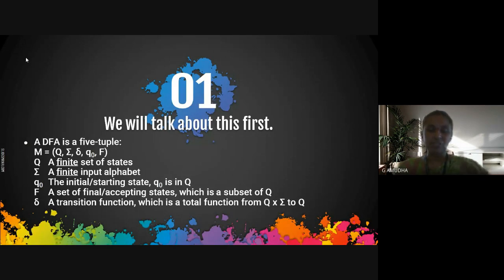So this is a DFA, which has a tuple representation. Q is the finite set of states. In our diagram, I have drawn Q0, Q1, Q2, Q3, so all will be named as capital Q. This is the alphabet symbol. And this is the transition. From Q0 on reading the input 0, it goes to Q1. That transition we represent with the delta symbol. Then Q0 is the initial state, and then the final state. So a DFA has a 5-tuple: the set of states, alphabets, transition, initial state, and final state. Your DFA will be represented by the capital letter M.